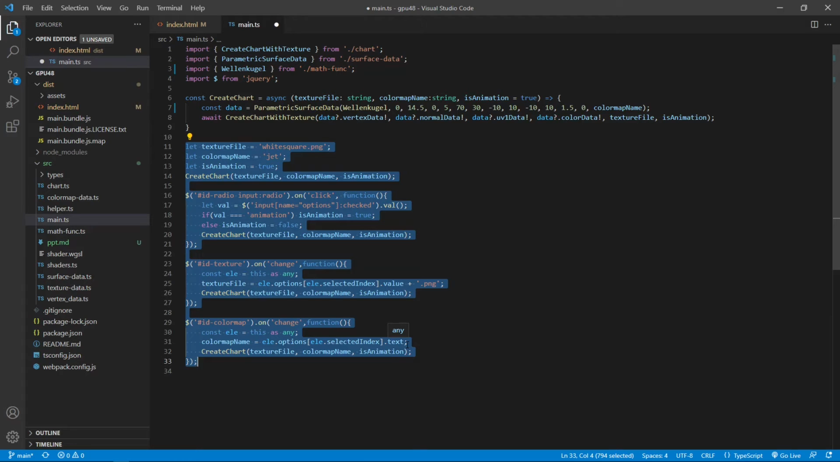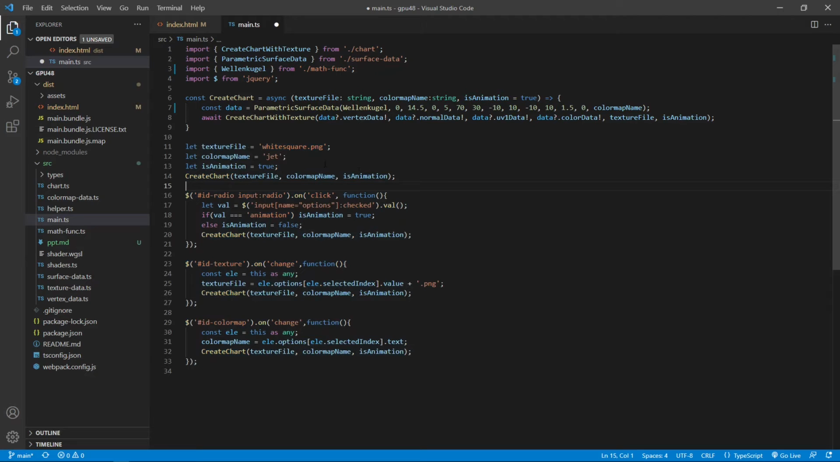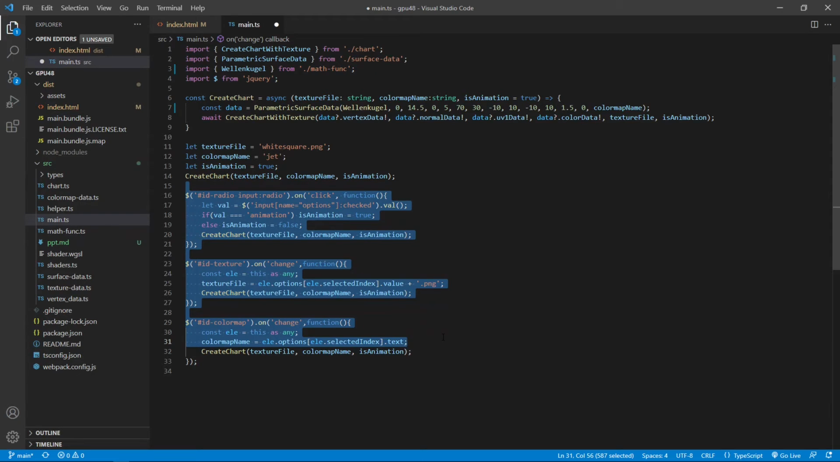Here we define the default square image using the white square file. The default color map name is set to the jet here. We then call the create chart function to create a 3D Wellenkugel surface chart with default color map and wireframe. This part of the code allows the user to recreate the surface chart with different color map and wireframe by selecting them from the two drop-down menus defined in the